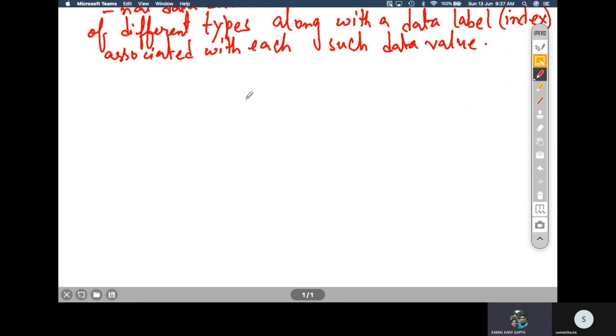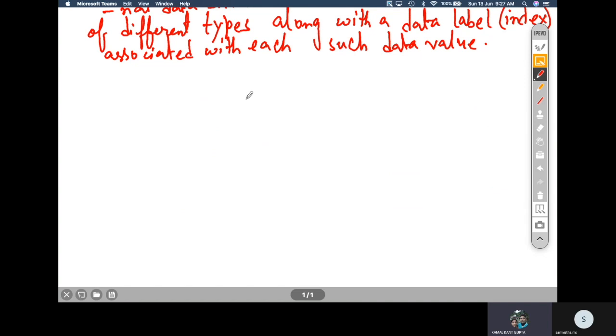That data label is called the index also. Sometimes we use these two terms, data label and index, interchangeably, for a particular data value in the Series. So what is a Series? A Series is a simple collection of data values where each data value is indexed with a data label.